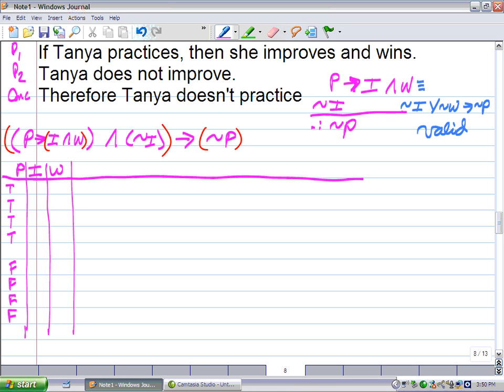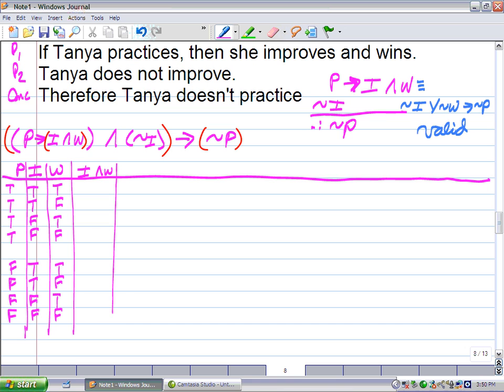Write small to fit this all in here. True, true, false, false, true, true, false, false, true, false, true, false, true, false, true, false. Okay, let's start on the most inside parenthesis. This parenthesis, and then in here. So I'm going to get down to the I and